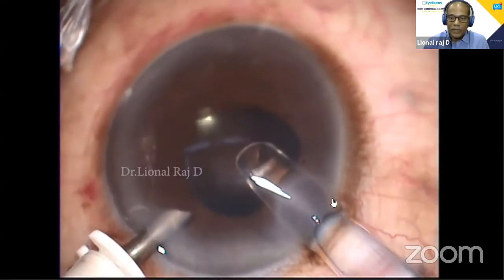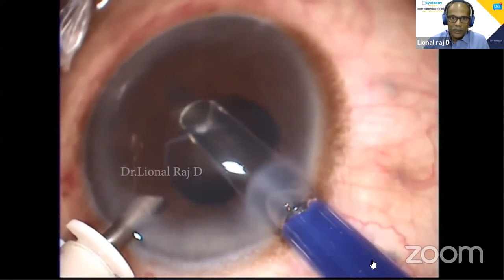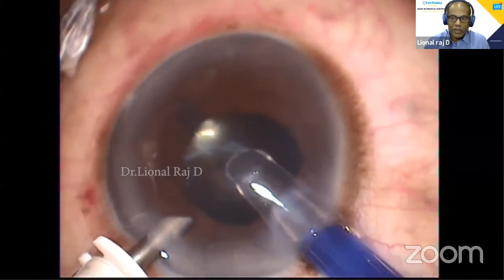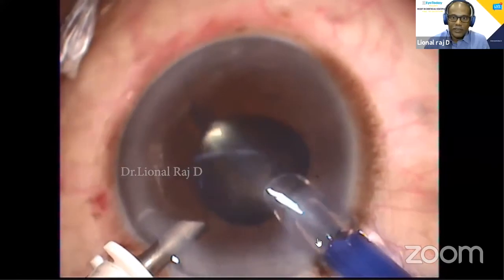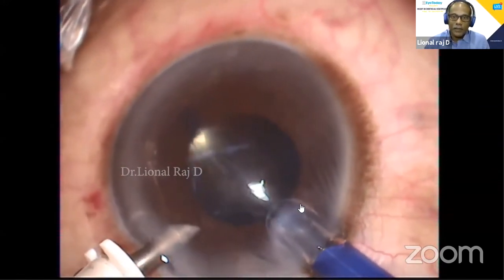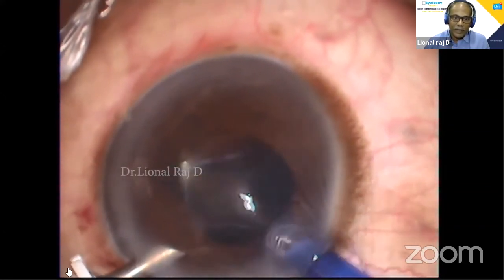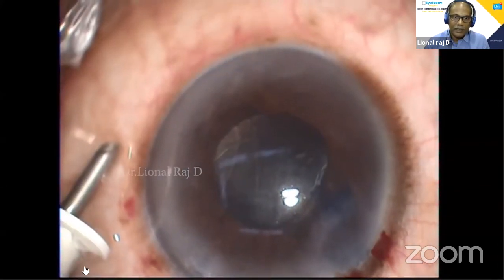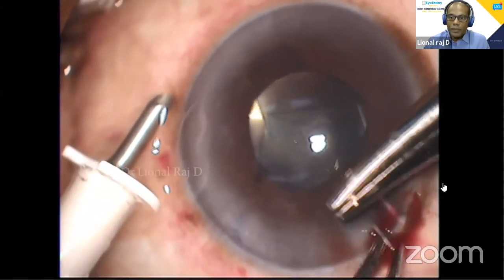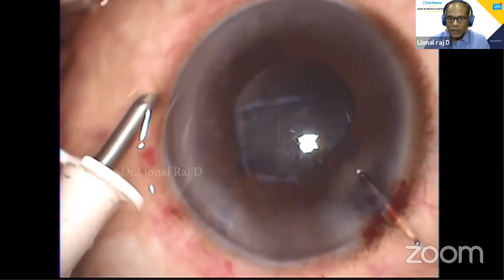So once that is done, here in this particular case, I used a Medicel injector, which was popularized by Francis Price, removing the spring and using a soft injector. But we have several modifications, several new things also. And in a controlled way, this is the stage when the AC maintenance should go off. Otherwise, the graft will slip outside. I do agree that however small the size of the wound be, it has to be sutured.